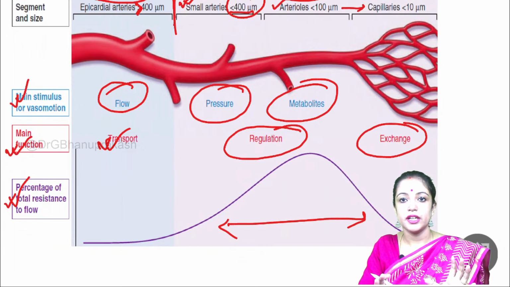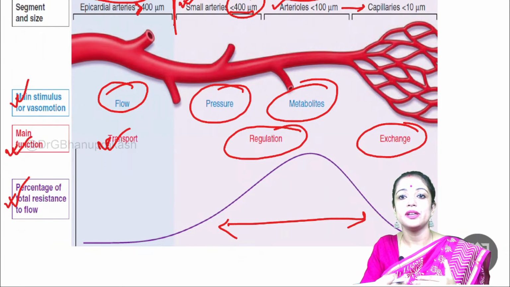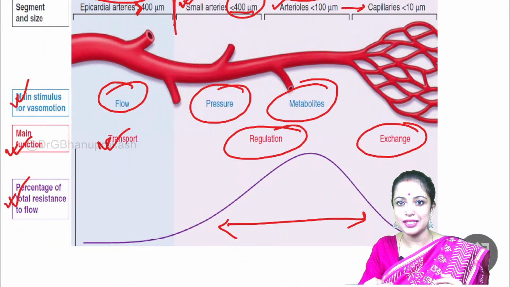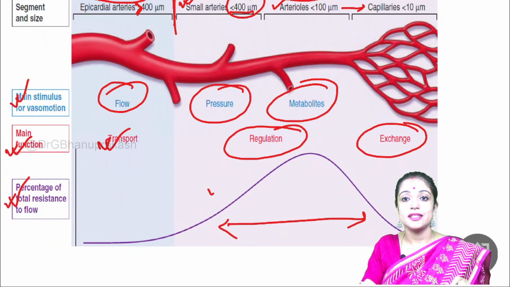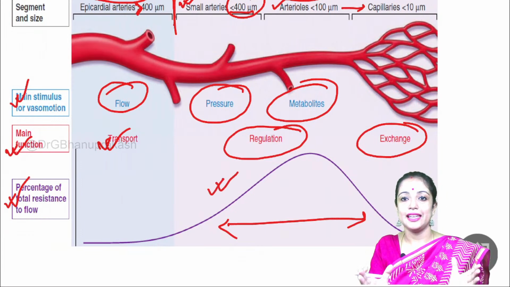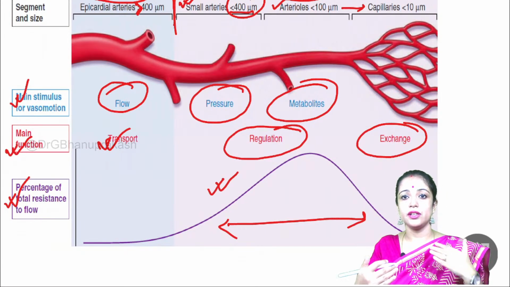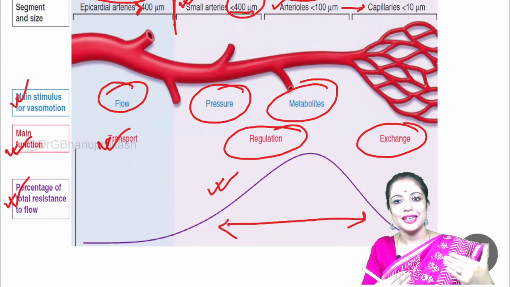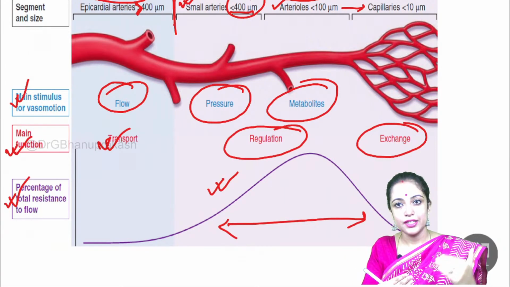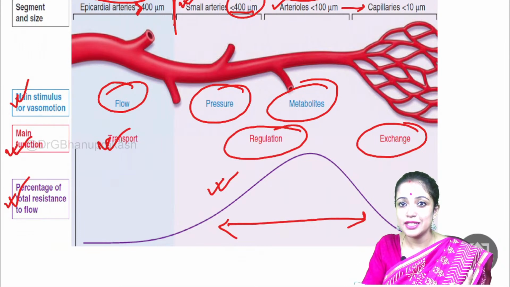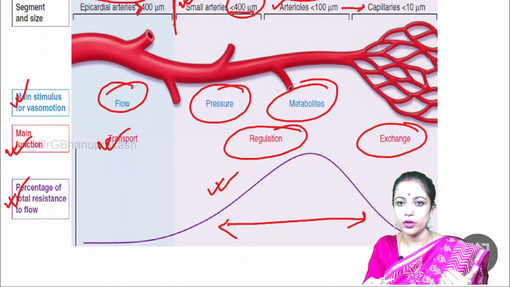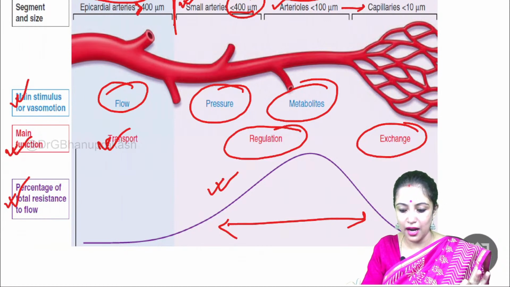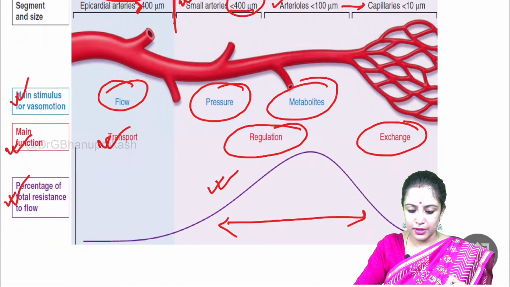So just to mention that in a normal heart, whenever the oxygen demand increases, these resistance vessels get dilated. Because of the dilatation, the resistance decreases and then the coronary blood flow increases. So whenever there is an increased demand, the blood supply also increases in a normal heart. I'm talking about a normal heart. Okay, so this is the normal physiology.